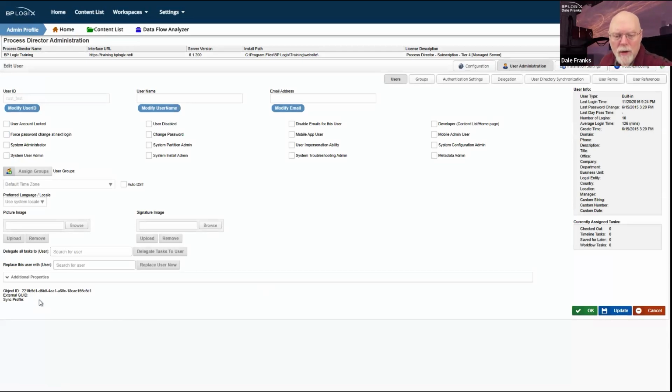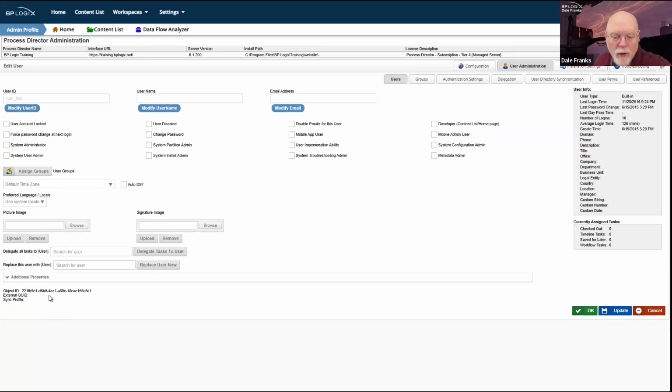I want to turn your attention to the very bottom of the page and this text area here. If you're running Active Directory or LDAP sync at all, then there are two items here that are going to be super important. First is the external GUID. This is the ID that you have been assigned in either the LDAP or Active Directory system. For convenience's sake, I'm just going to say Active Directory from now on. Just keep in mind that it means LDAP too.